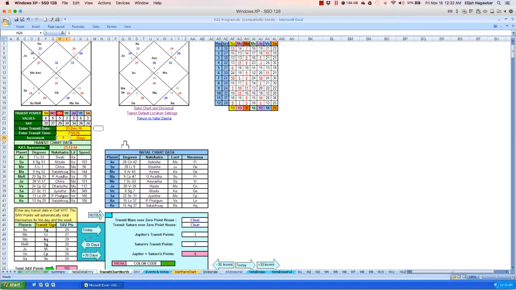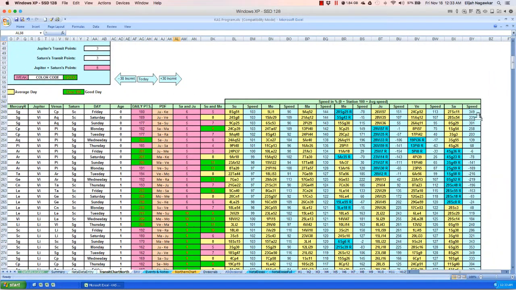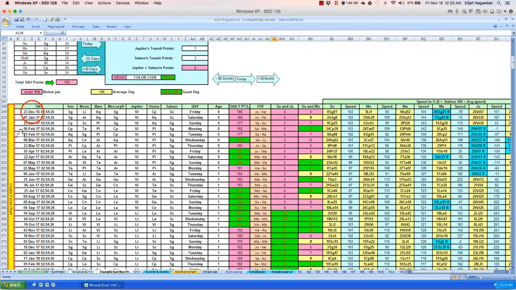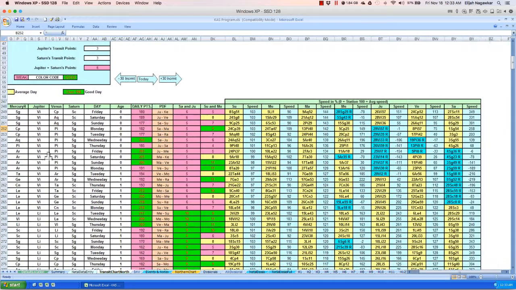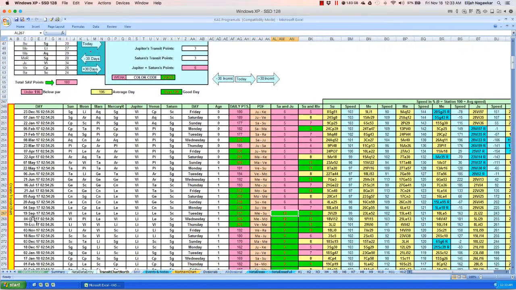So let's see, for example, I want to do 30 days at a time, or 1 month at a time, or 15 days jump. So let me see what happens here for Saturn speed. So Saturn every 15 days, so I can see here 23rd December, so 15 days, 7th Jan, 22nd Jan, and so on. So now I can see, and I can see it's Jupiter and Saturn jumping up here